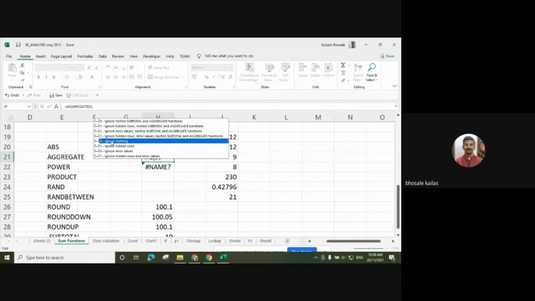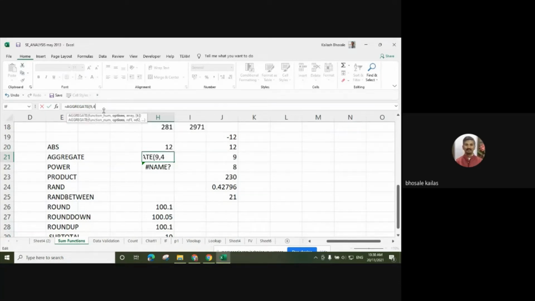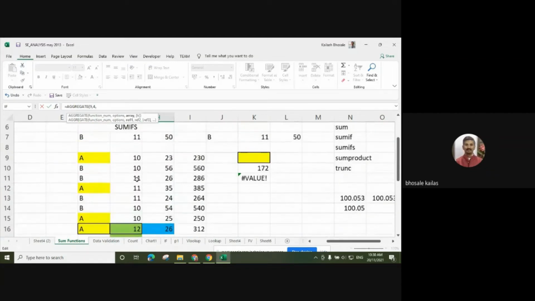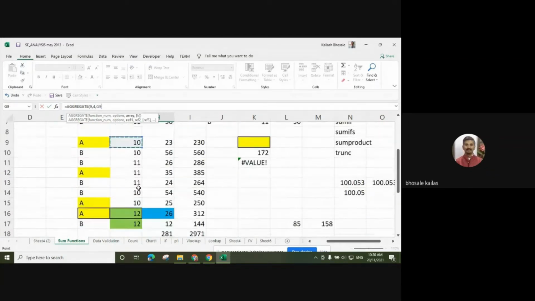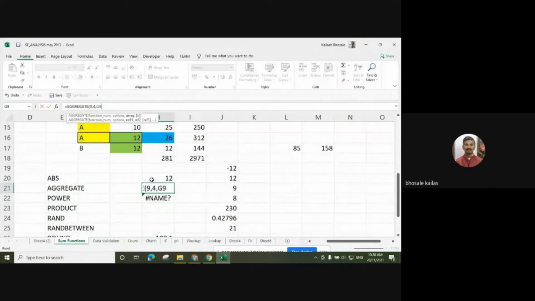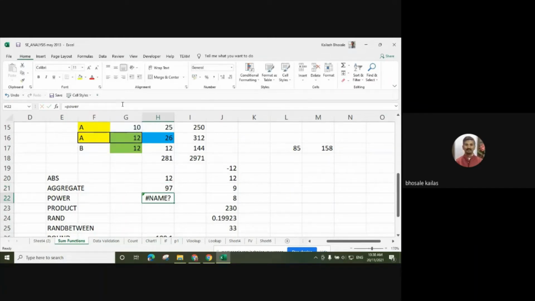Suppose I will not ignore, I will ignore nothing. So write down 4. It is asking for the array. Array means where is your database. So if you have any database, select the database and press enter. So we have used this aggregate function to find out the summation.